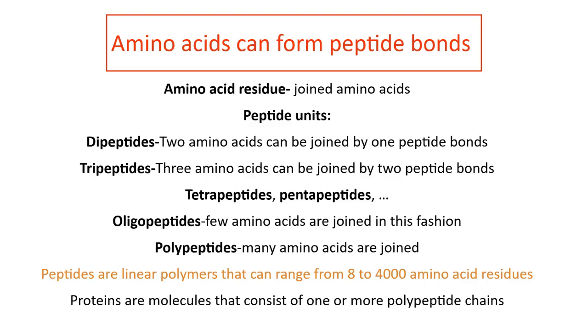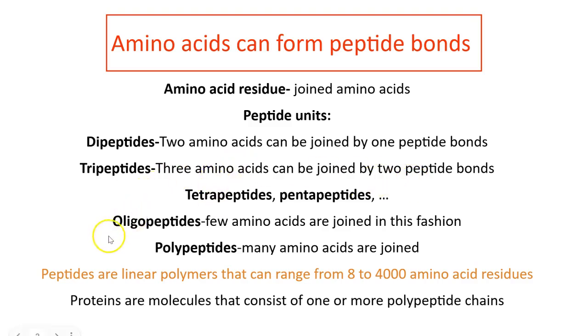You can have dipeptides, which are two amino acids that are joined by one peptide bond. So don't have the confusion when we see "di" thinking that there are two peptide bonds. There are not two peptide bonds, there are two amino acids. And of course, two amino acids are joined by one peptide bond. So with tripeptides, there are three amino acids which are joined by two peptide bonds, and so on and so